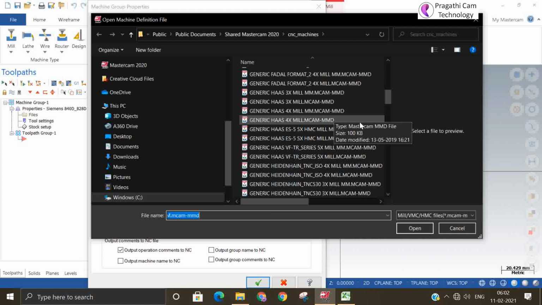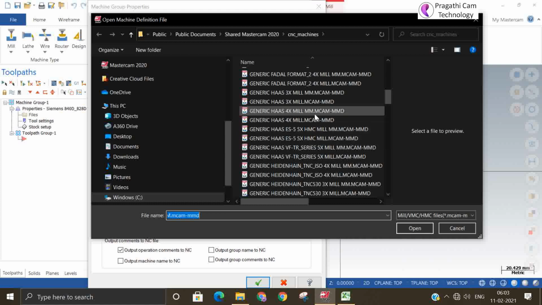So there are little differences you can see. It's generic. So generic has 3-axis mcam mmd. Okay. So that machine. Horse 4-axis mill mcam mmd. The bottom one is 5. In this bottom one there is no mm.